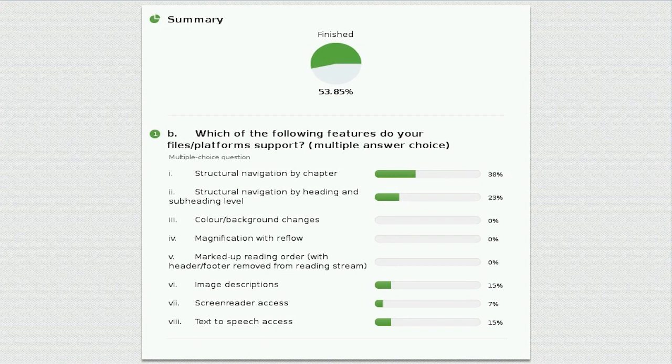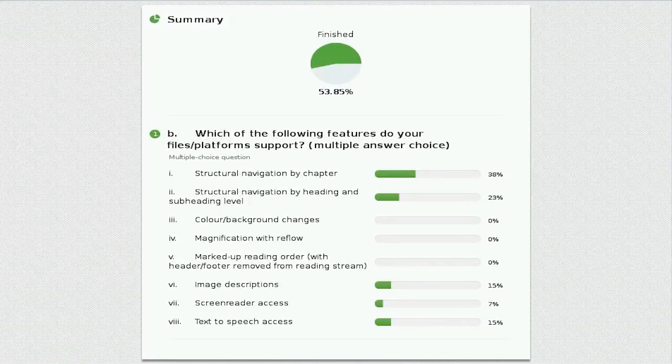So very interesting that we don't have 100% for any of them, which is interesting in itself because being able to navigate by structural heading benefits everybody. It especially benefits people who are perhaps using a screen reader, blind people, for example, or people who aren't blind but just needing the text really highly magnified to be able to navigate your way through to a key area. That's really important. And there are lots of tools that will allow you to do that, like the inbuilt bookmark view in Adobe Reader, or the outlining tools that you can get for browser plugins.